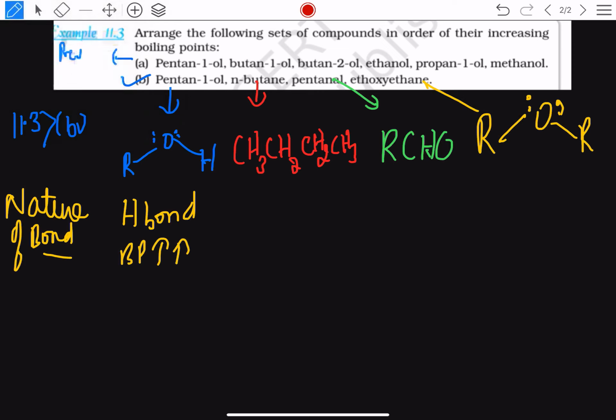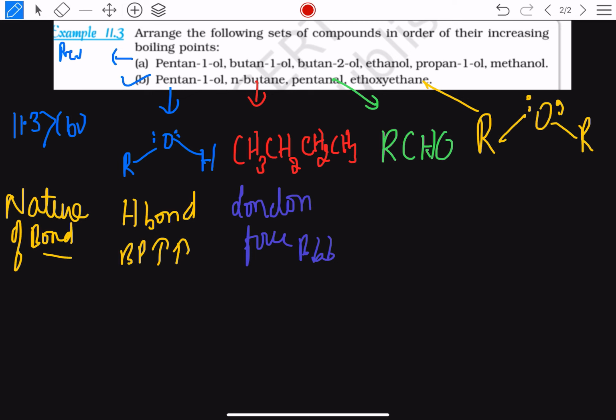In a hydrocarbon, there is no hydrogen bonding, there is no dipole interaction, there is nothing actually. There are simple van der Waals forces or London forces. Whenever there is nothing else, we call it van der Waals forces, the weakest intermolecular force, or London force. That means the boiling point will be very low.